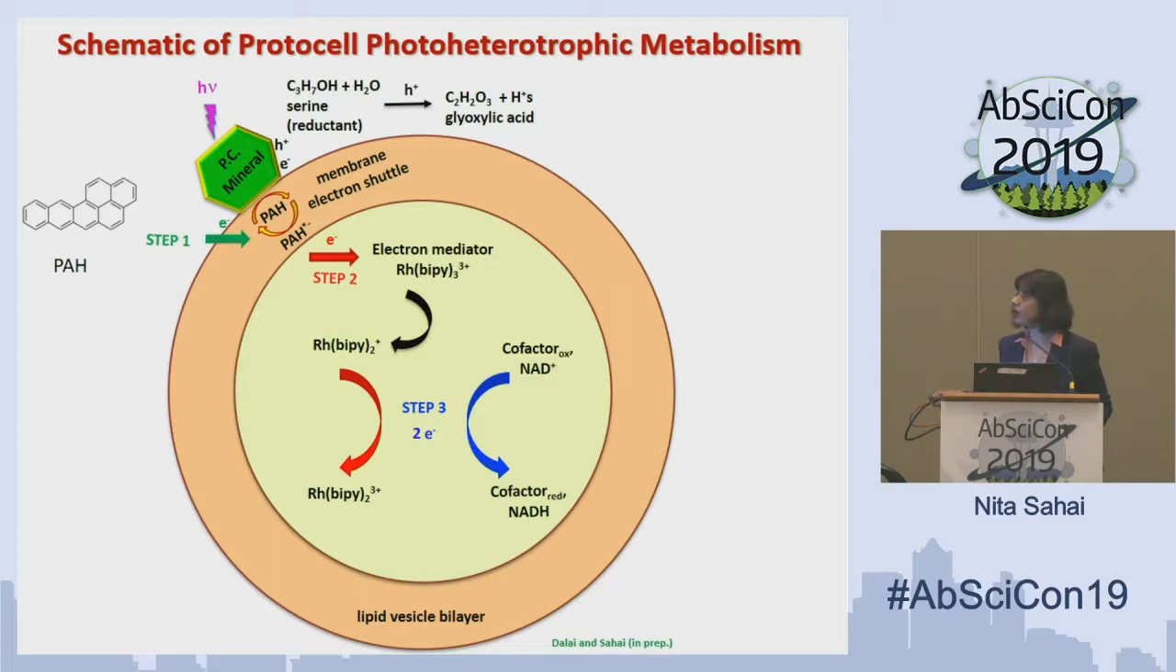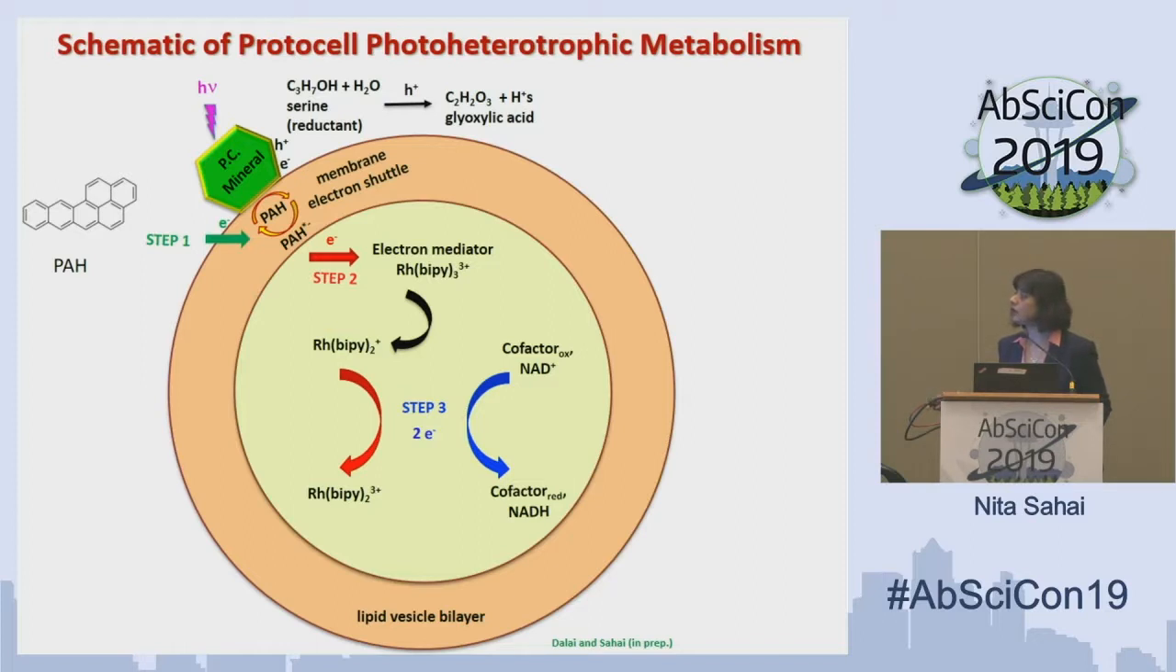So the polyaromatic hydrocarbons have been shown previously to be electron shuttles, and their structure is actually very similar to the quinones that we saw that act as electron shuttles in the actual biological system. So in step 1 of this electron transport chain, the electron is picked up from the photocatalytic mineral and transferred to the polyaromatic hydrocarbon. In step 2, the polyaromatic hydrocarbon picks up the electron, passes it through the membrane to